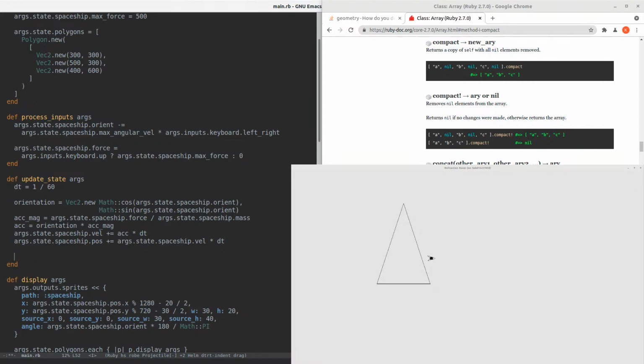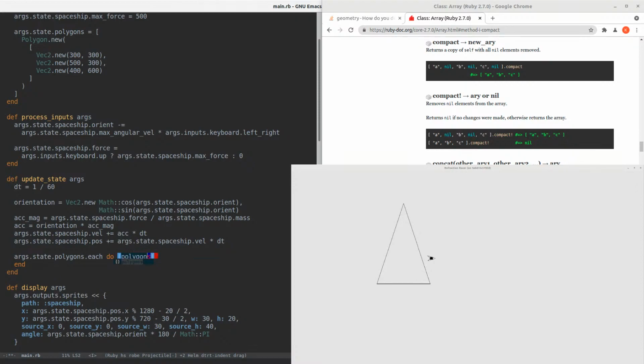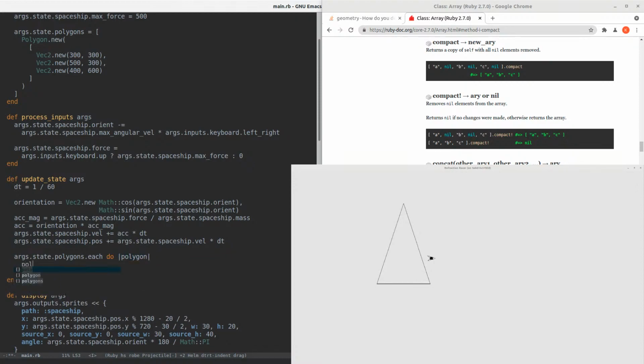You can organize this so that you only look at collisions, or just reduce the number of collision checks that you make. I'm not going to do anything. I'm just going to check against all of the polygons just so that we can get something up and running. So args.state.polygons each do polygon, and polygon dot check collision with our